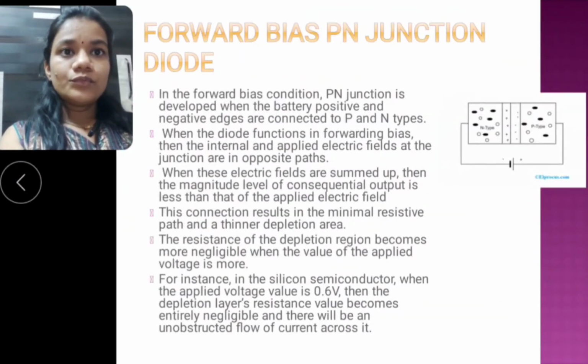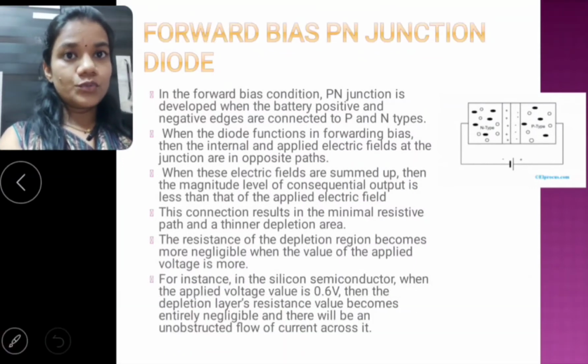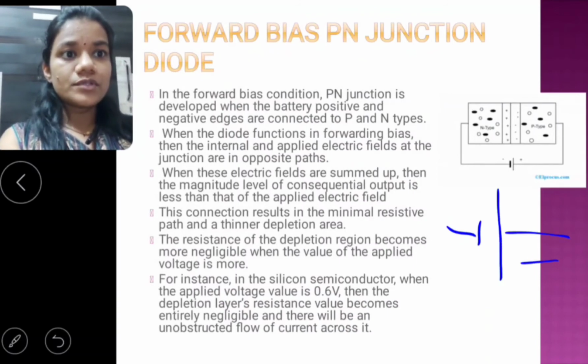Now first is the forward bias PN junction diode. Just now I said that the p side of the PN junction diode is connected to the positive. In the previous unit we have seen that when we connect the supply voltage, the small line is your negative and the long line is your positive.